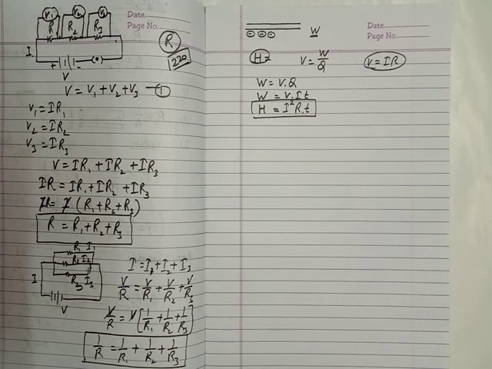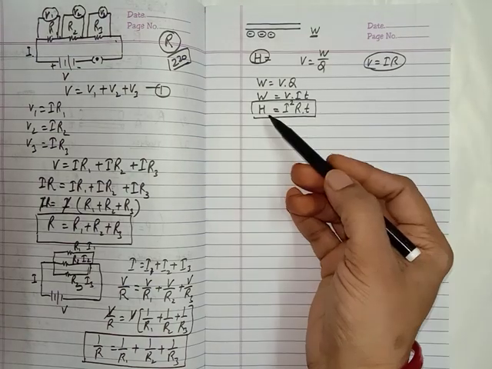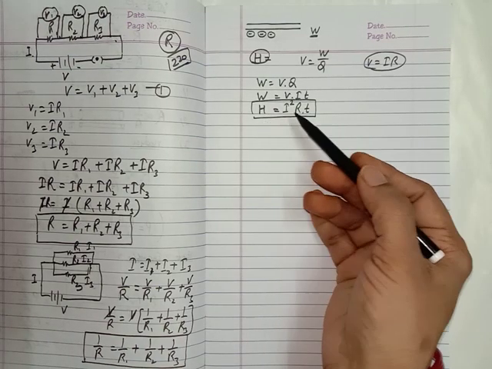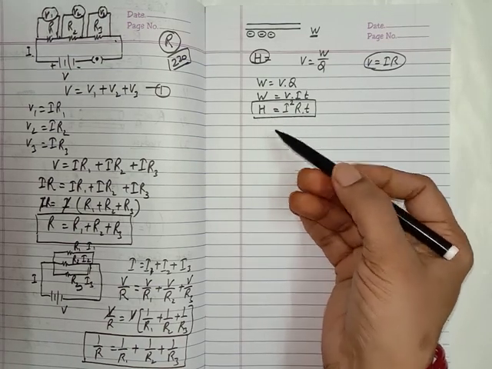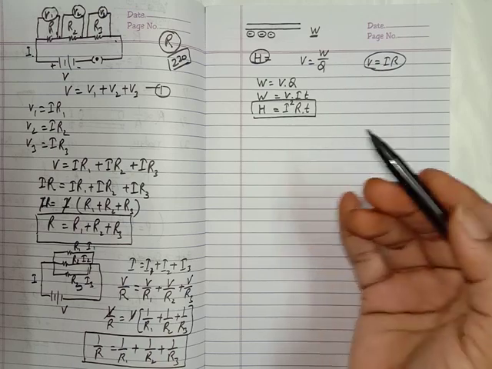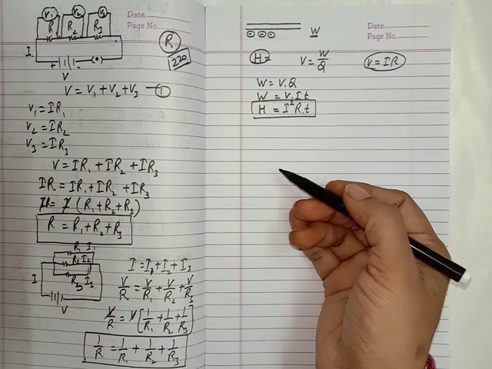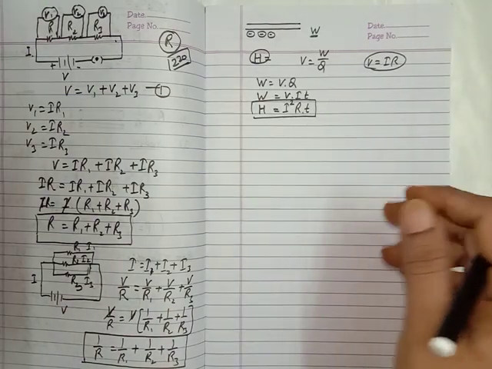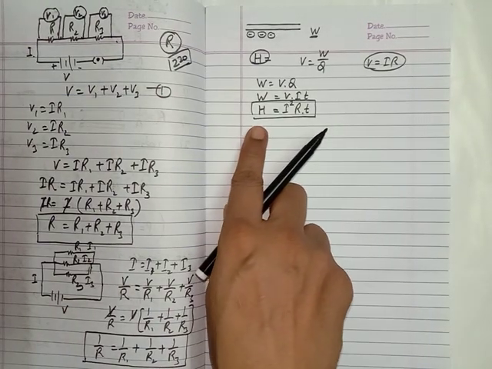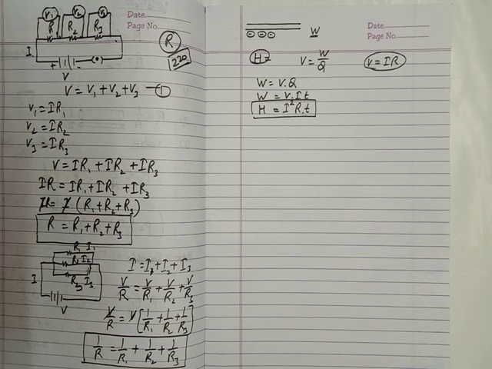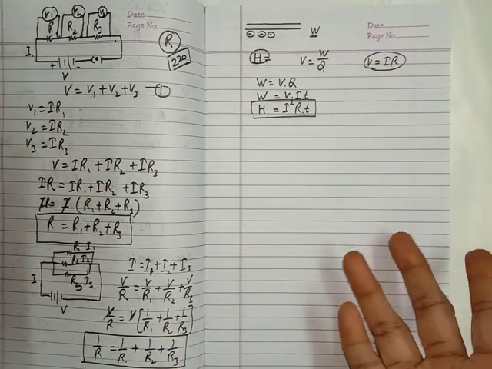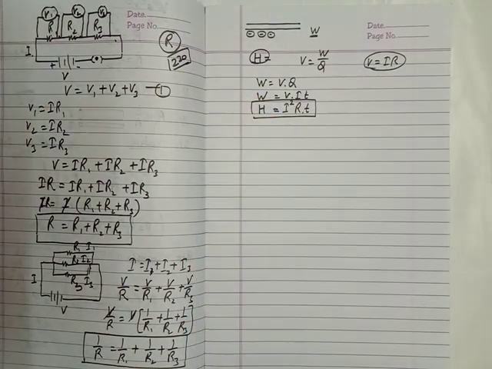Now, the heat produced by the electric wire: we use some appliances which work on this heating effect of electric current, like the bulb. The electric iron also works on this principle, and many of the appliances which produce heat, like the heater, work on this heating effect of electric current.